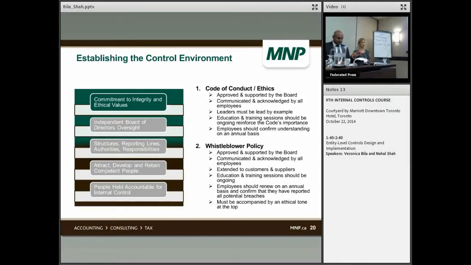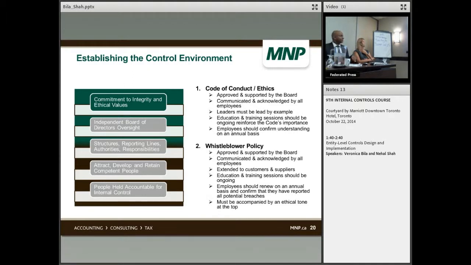So with this slide, where I wanted to focus was on the control environment. What this table depicts is that on the left side, you'll see the 5 principles of the control environment component of the COSO framework. And then on the right side, we'll see some examples of controls that we would expect to see within an organization. You may want to think of this within the next few slides as being like a top 10 list, but the only caveat and point that I'd want to stress is that implementing ELCs is very judgmental, and that goes for internal controls as well. But in addition to that judgment, they have to be appropriate for the organization.